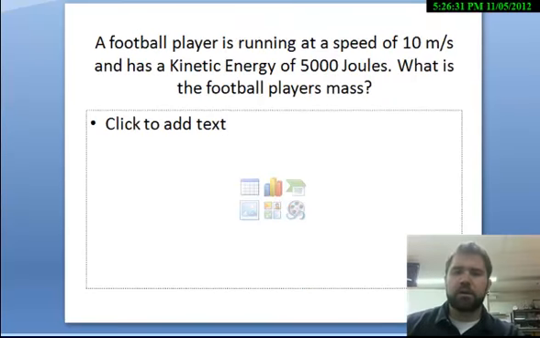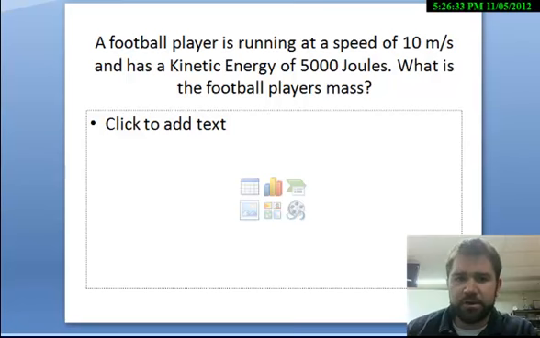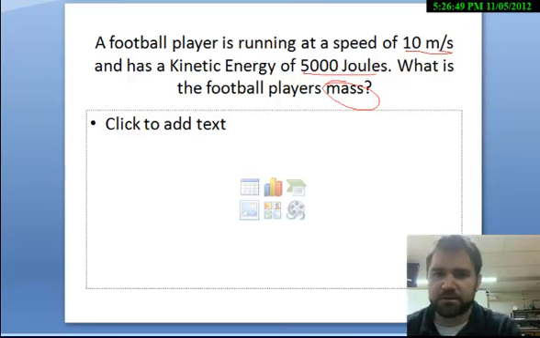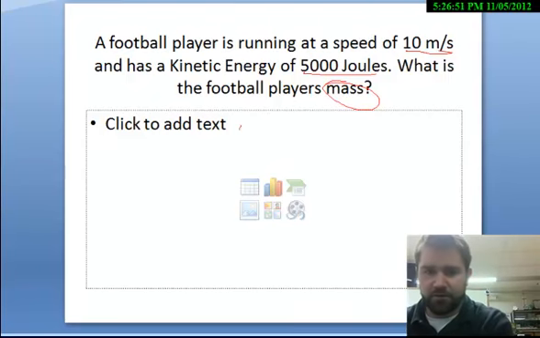Alright, last problem. A football player is running at a speed of 10 meters per second and has a kinetic energy of 5,000 joules. What is the football player's mass? So what do they give us? They give us the energy and they give us the speed, but now they don't give us the mass, and we need to calculate this football player's mass. So I'm going to write out my equation. Kinetic energy equals 1/2 mass times velocity squared,